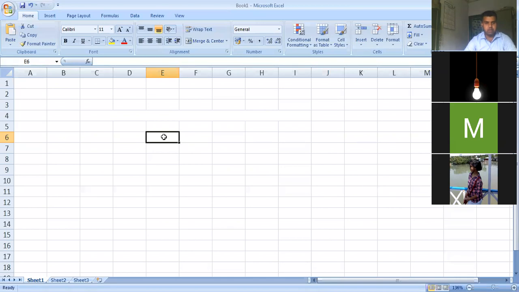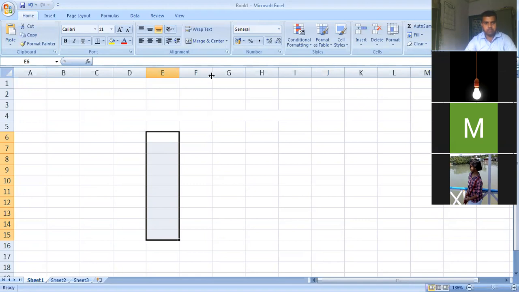Okay, so now we will follow the same pattern, that is dragging the cell downwards without lifting the mouse from the left click, by which we can select multiple cells. Without removing the finger from the left button of your mouse, we will drag the mouse downwards.